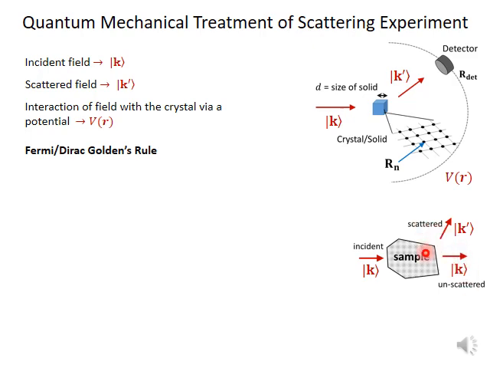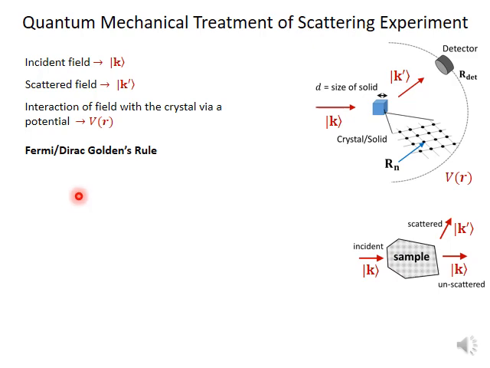So you have an incident field, which is an electromagnetic field, and it is incident on a potential, which is a periodic potential. So is the interaction time dependent? You can think about it this way: the incident field is a time dependent field, and as it interacts with a stationary potential, the overall interaction would be a time dependent interaction, and